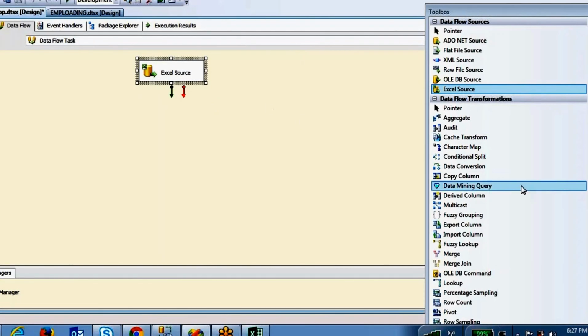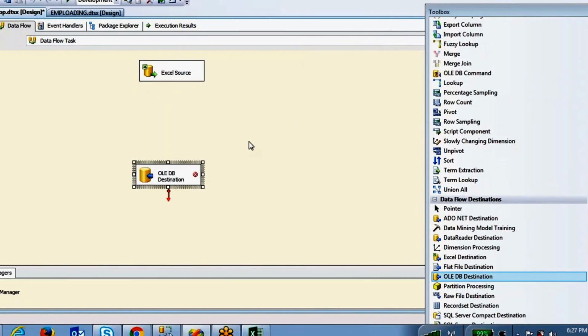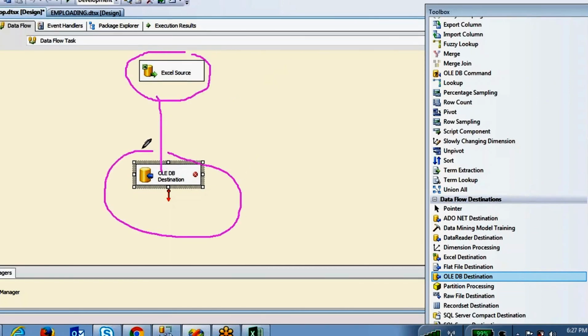The Excel connection you have taken. Now we have to take the OLEDB destination. Before you load this Excel data into this OLEDB SQL Server table, the data types should match. Whatever data is coming from the Excel source and the data types in the OLEDB destination should match. For example, in this Excel we have employee number, employee name, salary, right? The employee name is string characters, so that data coming from Excel is NVARCHAR data.